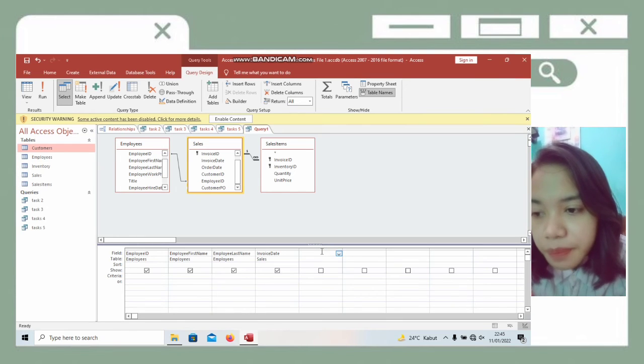Then type in this section Value colon space, Quantity in square brackets, star, Unit Price in square brackets.